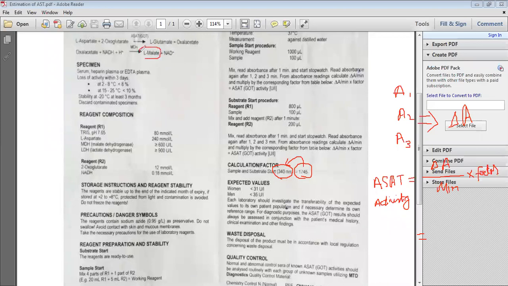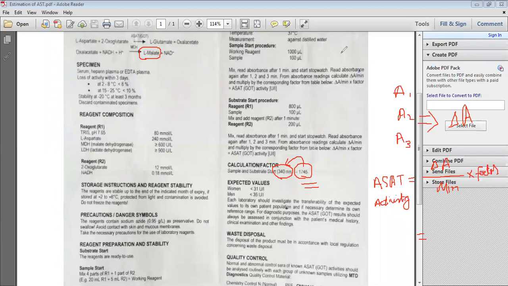This is a compound which is formed in the test tube when you have added the oxaloacetate in the reagent tube. There will be formation of L malate, and this factor 1745 will be applicable to calculate the AST levels in the serum solution only in case when you have taken the absorbance at 340 nanometer. If you have taken the absorbance at some other lambda max, in that case the value of the factor will be different, or the value of the factor may be different in different manuals of kits of different companies.